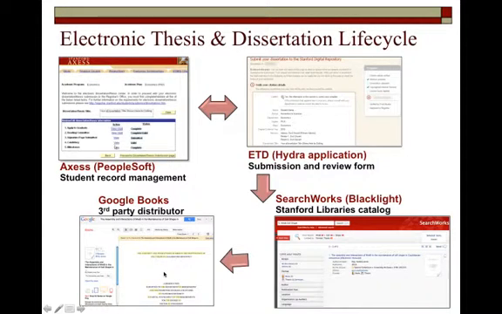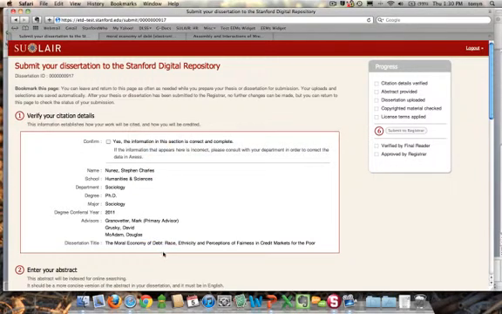So now I'm going to go ahead and start the submission process. This is the page the student is directed to after they've met all of their pre-submission criteria. This is the Hydra application. You can see here that we have a total of 6 steps to complete in order to fully submit the work. And in this progress panel on the right, we'll be able to track our completion of each of these